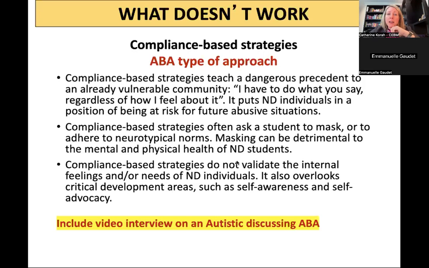Compliance-based strategies do not validate the internal feeling or need of the neurodiverse individual. It also overlooks critical development areas such as self-awareness and self-advocacy. We want to be able, with the student, to try different things and let them explore and discover what works for them and what doesn't, rather than us imposing what we think they should be doing and what we think